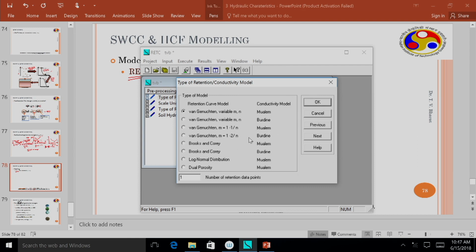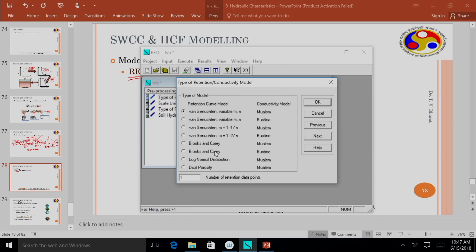Similarly, in combination with Burdine, they derived another solution k equals to 0, for which the hydraulic conductivity function has a particular solution, for which m equals 1 minus 2 by n. Similarly, you can choose Brooks-Corey model or Brooks-Corey along with Mualem and Burdine, or log normal distribution or dual porosity models. These models I did not discuss, but other models I have discussed in the previous classes.